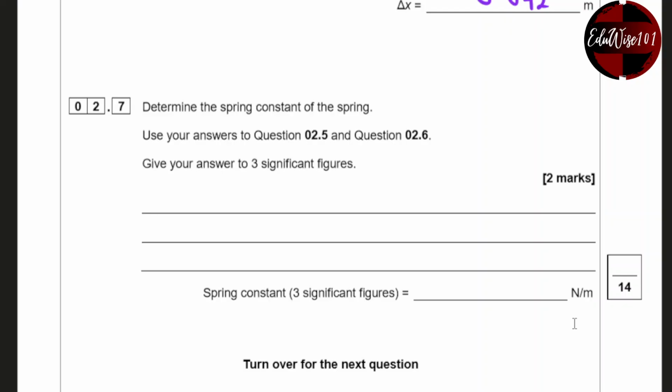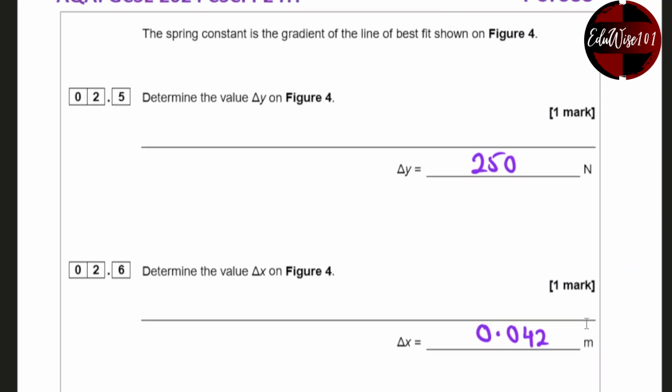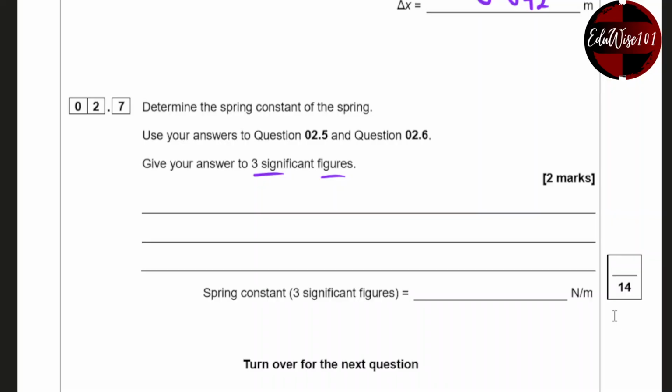Determine the spring constant of the spring. Use the answers from above. Give your answer to 3 significant figures. So how would you find the spring constant? They've stated that the spring constant is the gradient of the line. The gradient is the y over the x value, or delta y over delta x. So y over x is 250 divided by